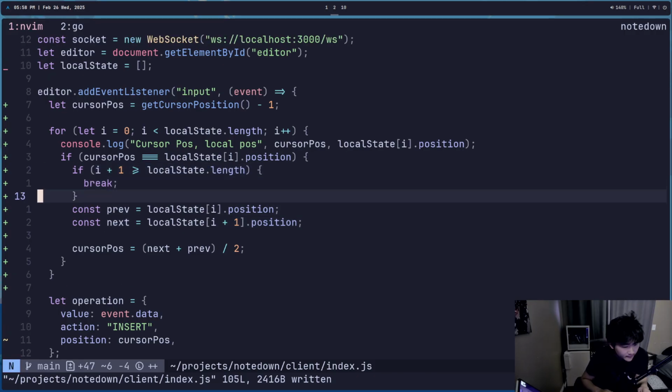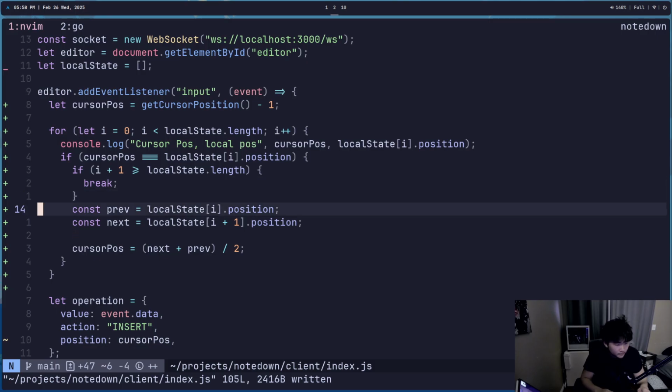If, right, there's no need to do this if I have no neighbor. Just take whatever position I got, right? What if they're equal,